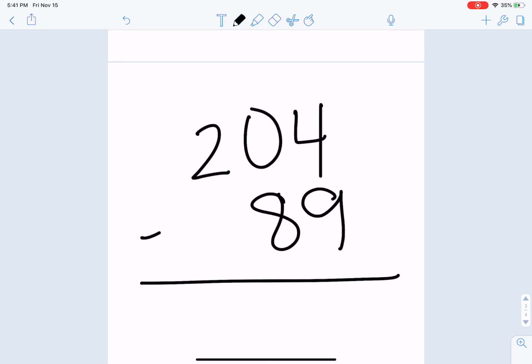And so the first thing the student would do would be to look at the ones place. The student would notice that they cannot take away the 9 ones from the 4 ones because they're taught you can't take a larger number from a smaller number. The student would have to regroup in order to subtract from the ones place. They would look at the tens place where they would again find that 0, which doesn't allow for them to take any numbers away or to be given. Since there are no values, the student would have to look at the hundreds place where they would find the 2. They would rewrite the 200s